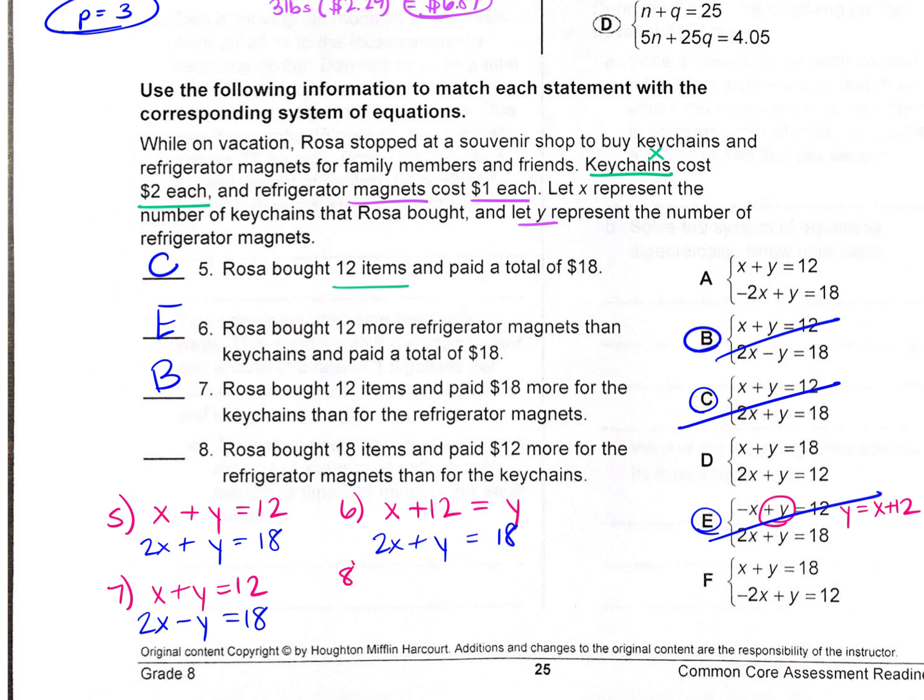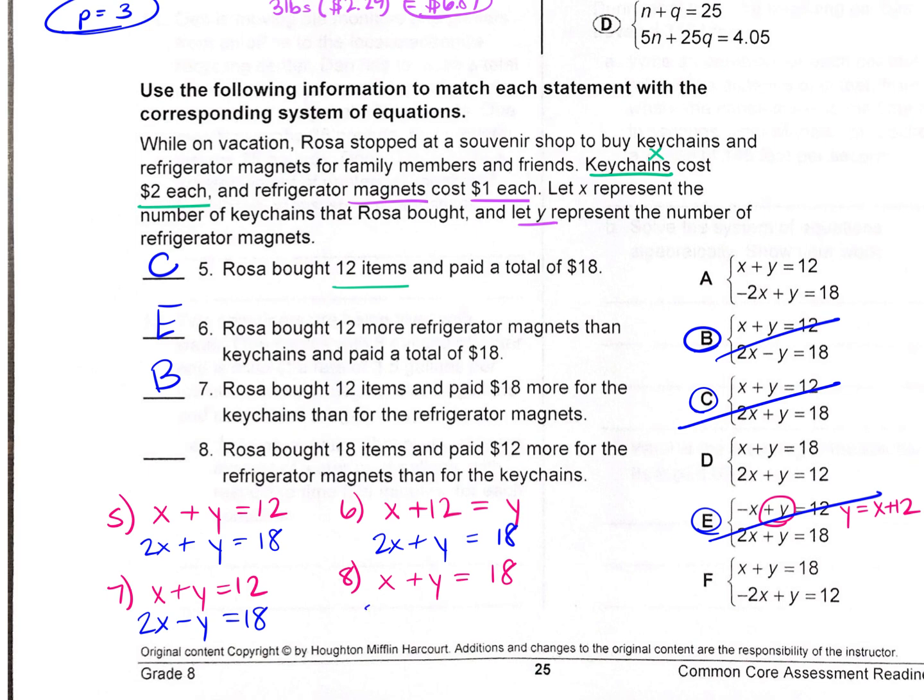And the last one, number 8, says Rosa bought 18 items. So x plus y equal 18. And she paid $12 more for the refrigerator magnets than for the keychains. So if we take the refrigerator magnets, let's see, she paid $12 more for the refrigerator magnets than for the keychains. So you take the keychains,